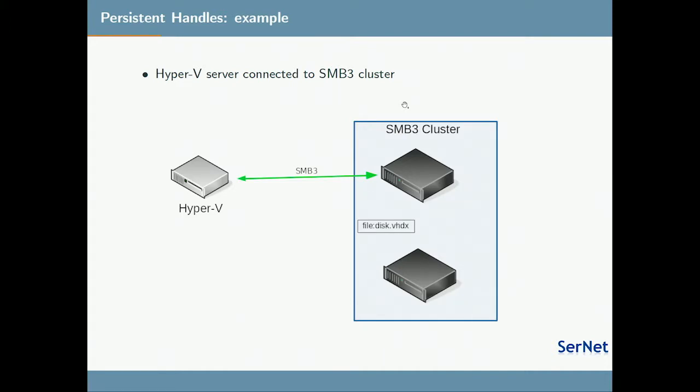So I put up some image art to give you maybe a better idea of all that stuff. There was so much text about it. So for example, you have a cluster with 2 nodes with a file, which is maybe kind of a virtual hard disk file. And then you have a Hyper-V running SMB3 client connected to the cluster,